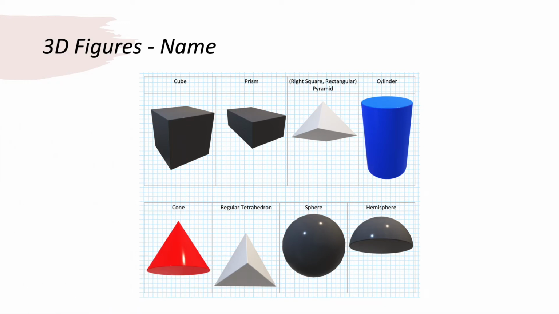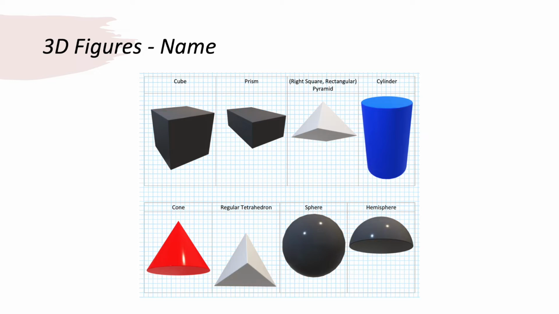Welcome to the 3D world. I would like to introduce to you the basic 3D figures that we'll see again and again in this lesson. Here we got a cube, which has perfectly identical 6 square sides. Next is a prism, which has rectangular sides. A pyramid, as we know, has a square or rectangle on the base and has triangular sides forming a